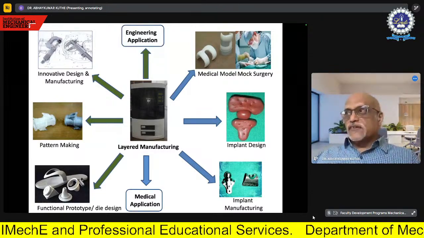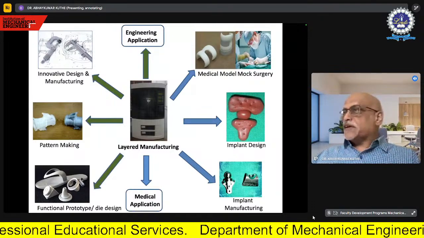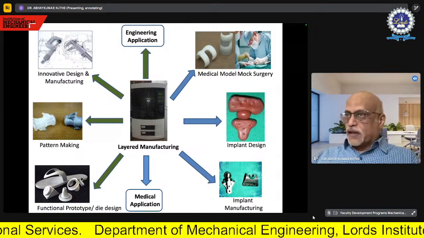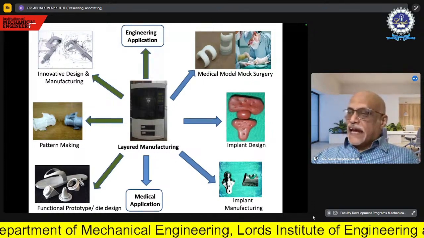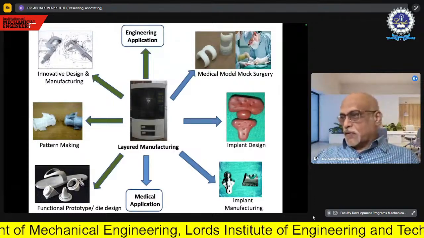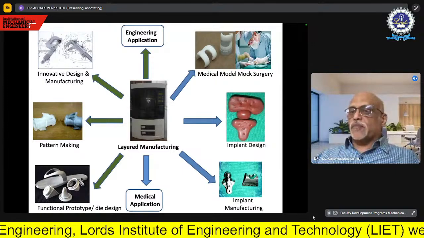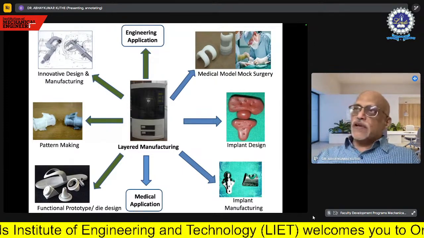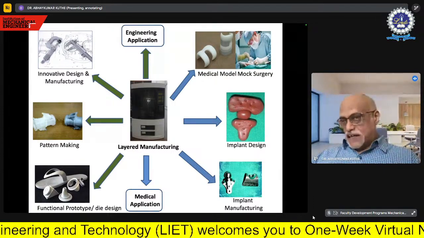Doctors can get a 3D printed model of an organ, a model of a diseased organ, and he can actually operate on it as a rehearsal of the surgery. That's what we call the medical model for mock surgery. He develops confidence, and therefore nowadays complex surgeries are ones that surgeons are ready to handle.